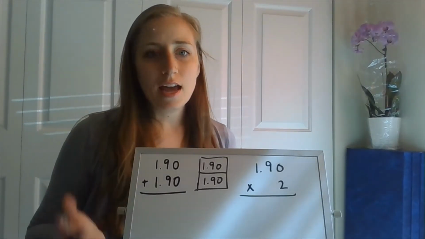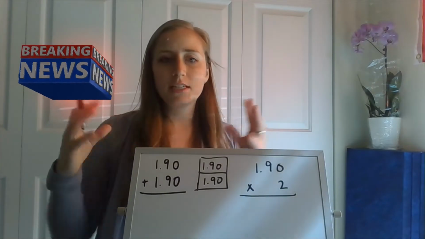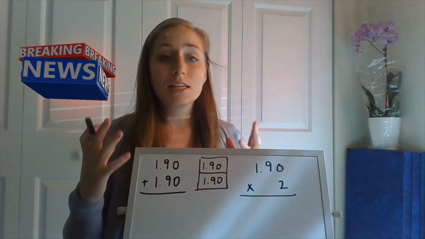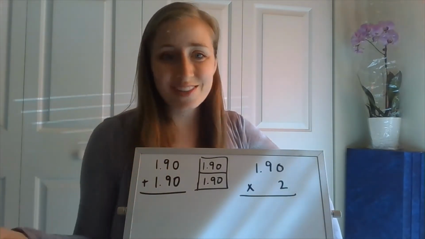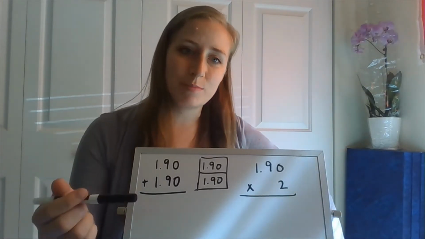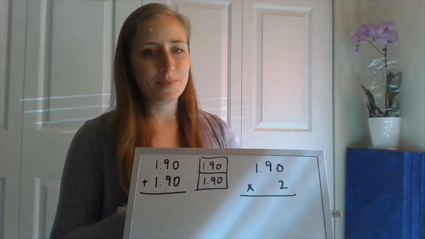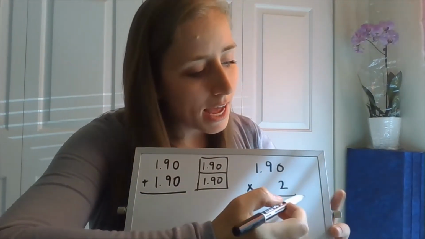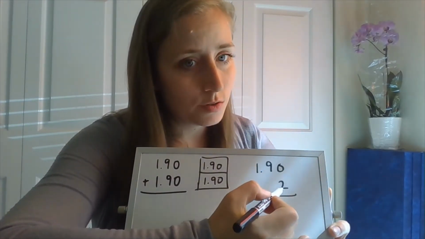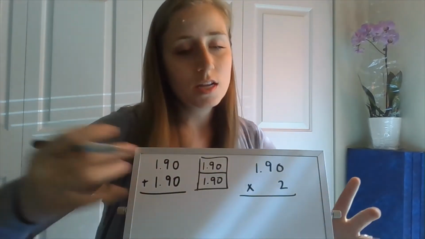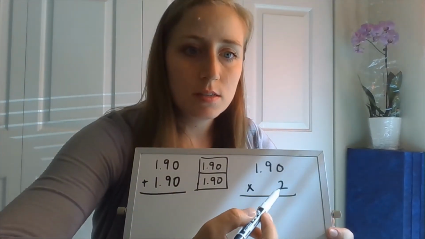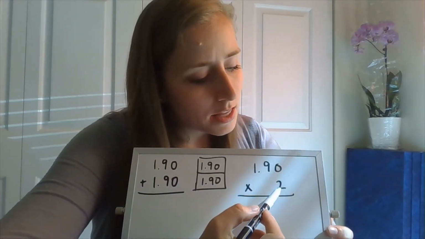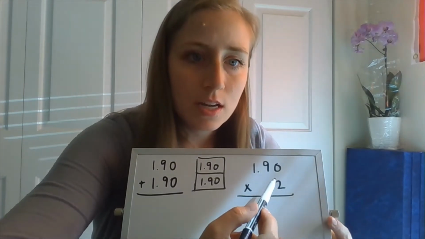I could add those together, but if I am adding something together multiple times or over and over again, that's the same as multiplying, as long as what we're adding together over and over again is the same. So I'm going to show you how we would multiply this, and then we're going to check our answer by adding. I'm going to use the standard algorithm of multiplication. So remember, that is when you multiply the 2 times the 0, 2 times the 9, 2 times the 1. So generally, what you're going to do is start here with the digit that is smallest in the bottom number, and then you're going to multiply by the smallest digit, which in this case is